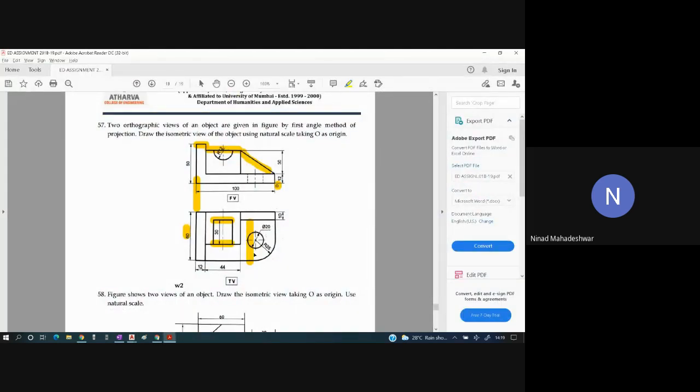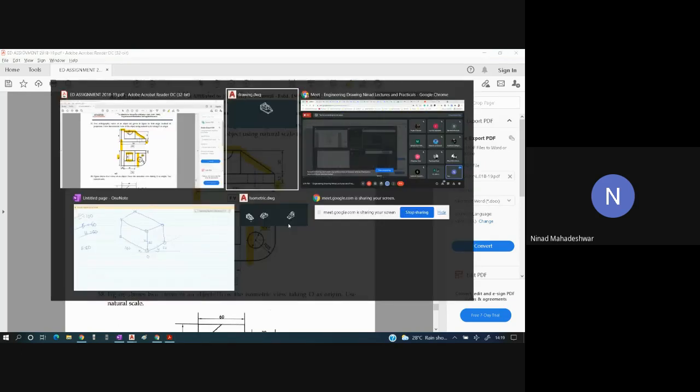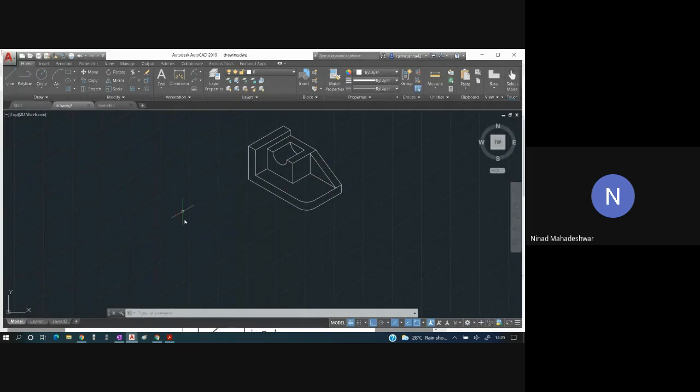Now the last part over here is the hidden part which we have to see. See, here the hidden part is given to you. It has a diameter of 20. That means the radius will be 10. So let's do this. We have to draw a circle. For that I will use the command ellipse, and in that I will select isocircle.